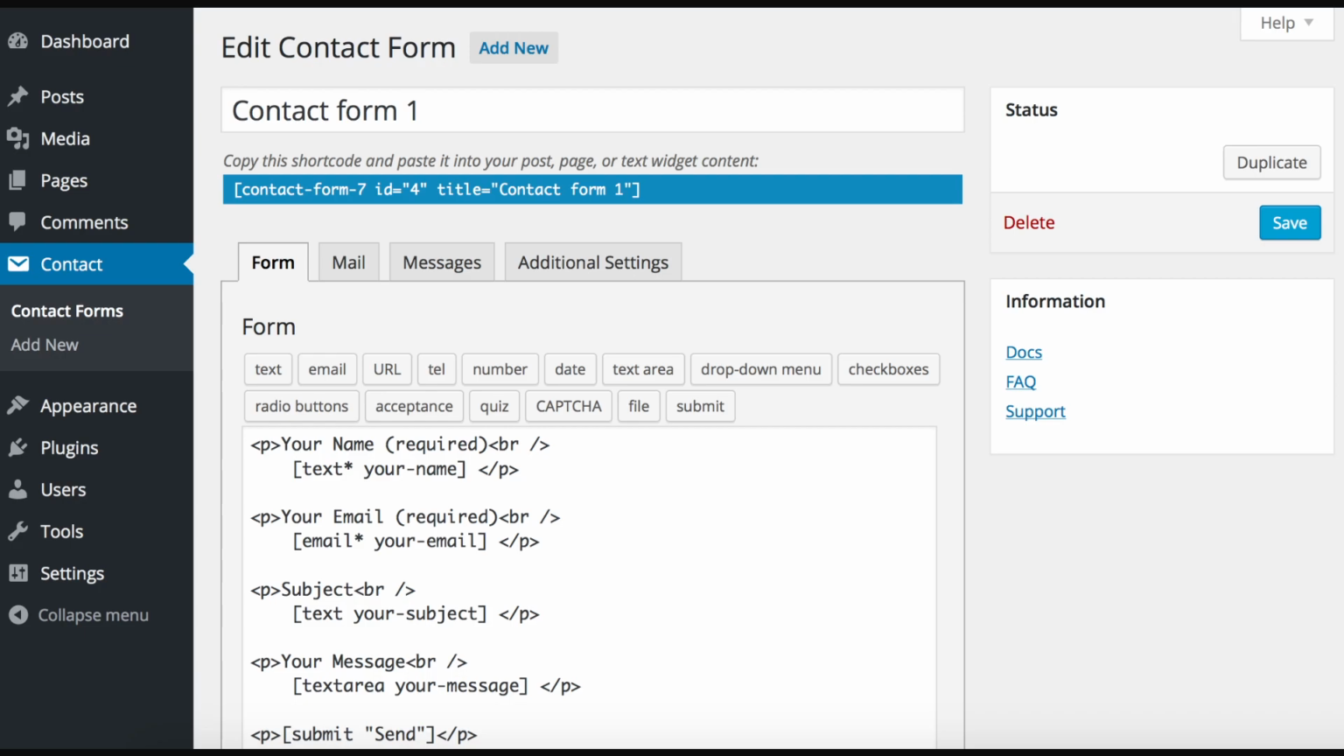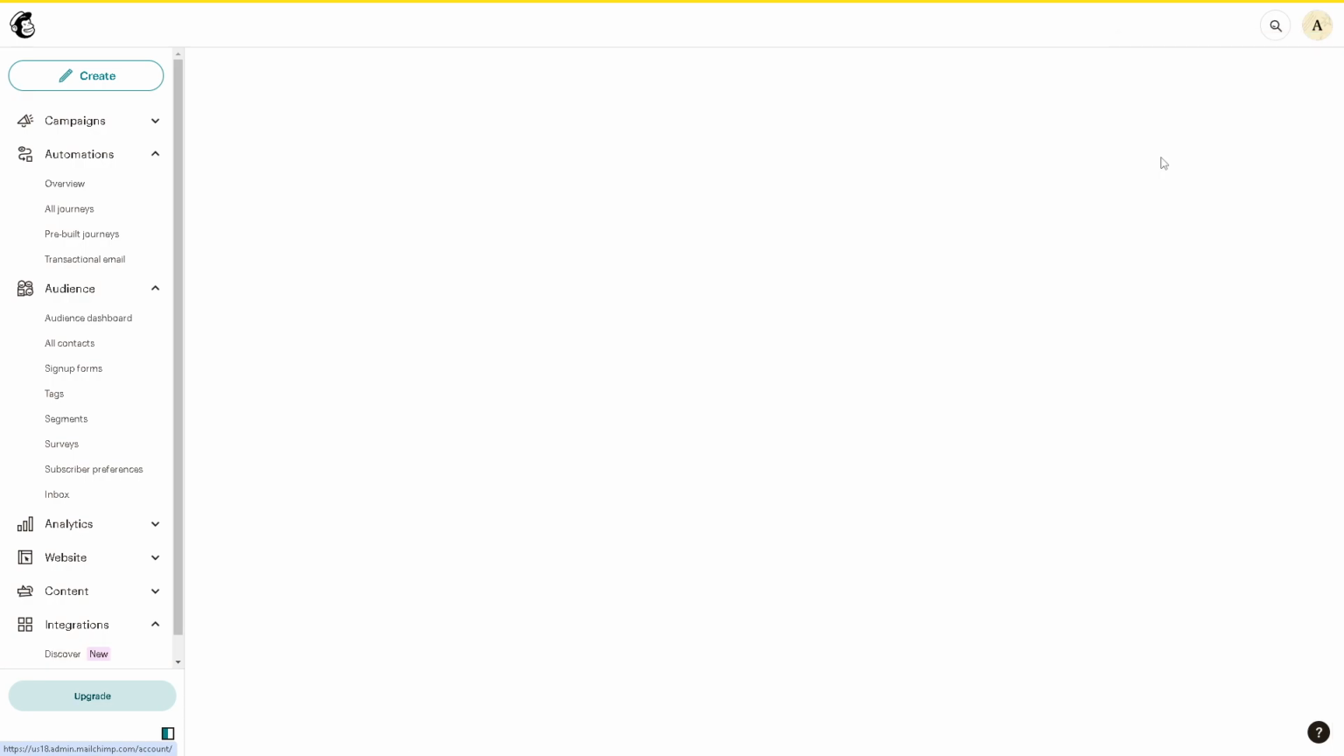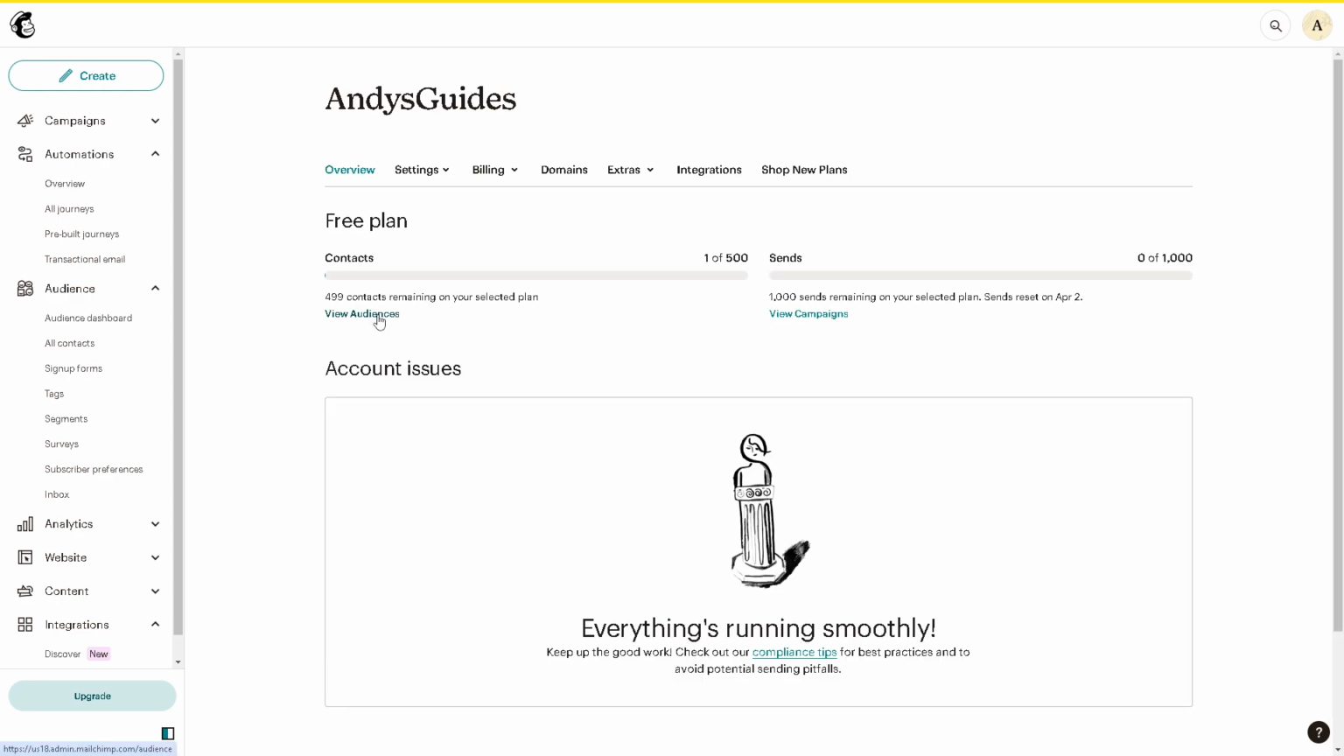after you've done all of this, we need to go to our Mailchimp account. Now you need to go to the upper right corner where you can see your profile icon. Click on that and go to account and billing. Now the interface might vary depending on your platform or version of Mailchimp, but in my case here, what